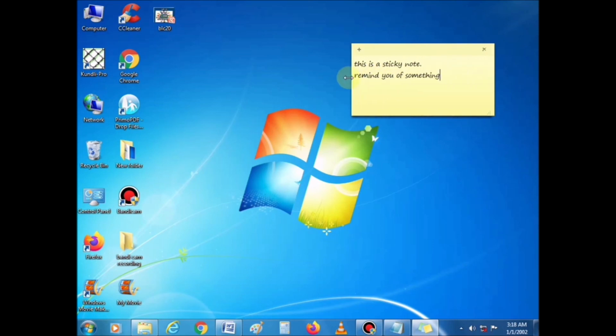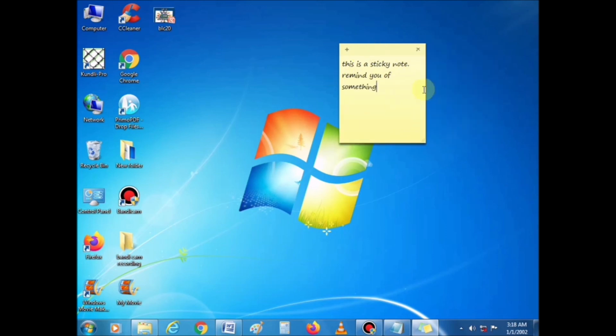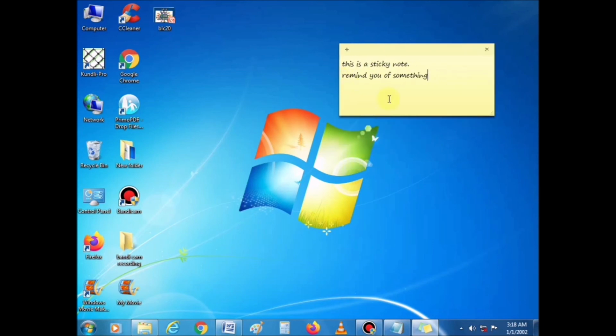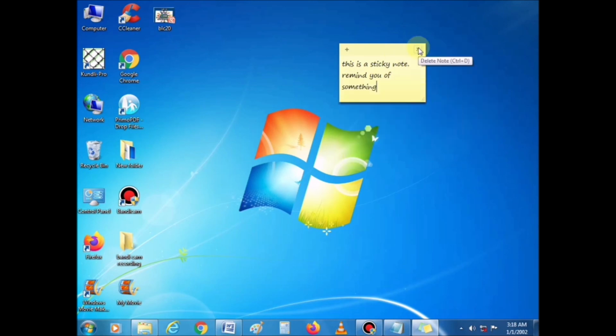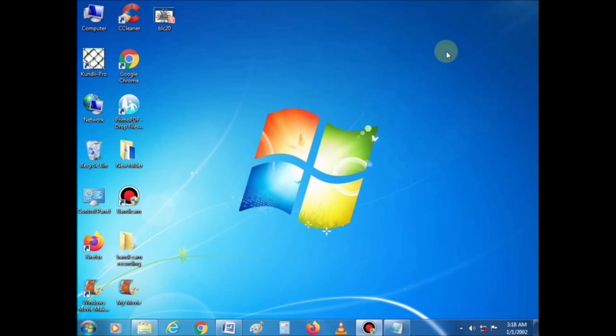Place the cursor pointer on any side of the sticky note, and when the mouse pointer changes to a double-headed arrow, click and drag. To delete or remove a sticky note, click the delete button on the top right corner.